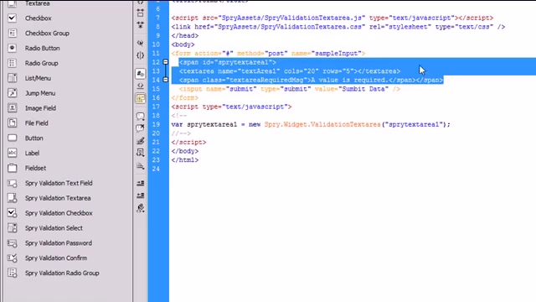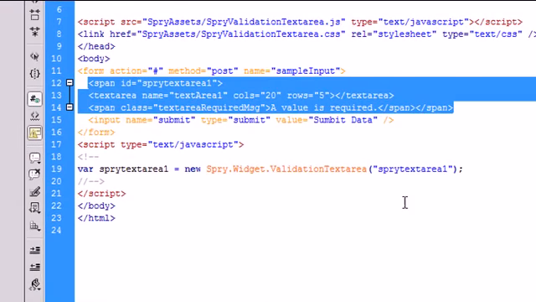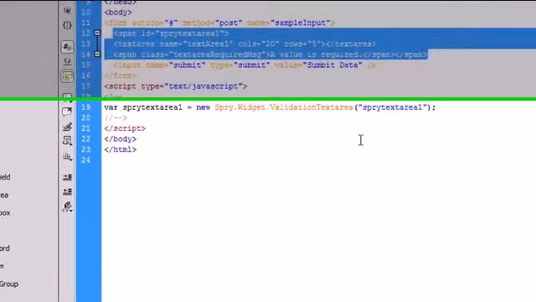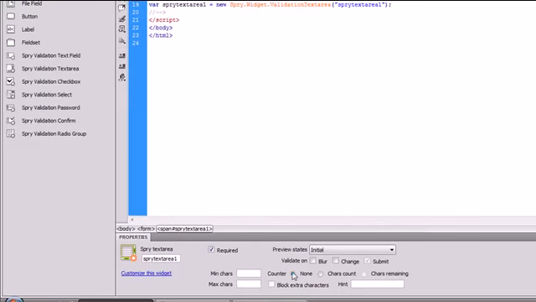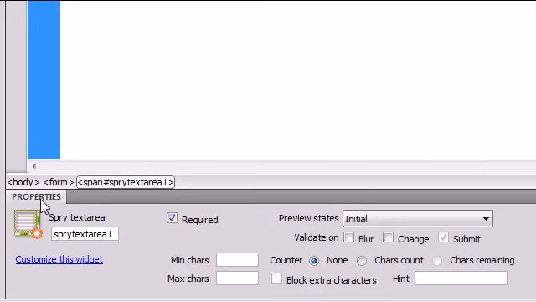As you can see, it has inserted our JavaScript and our CSS for us, and it's also inserted some JavaScript down here. Our options are down here at the bottom in our Properties tab. We have min characters and max characters. If you want 100 characters to be the minimum characters, then you type 100, and then we're going to type 200 for the max. And you can see right here we have a counter,